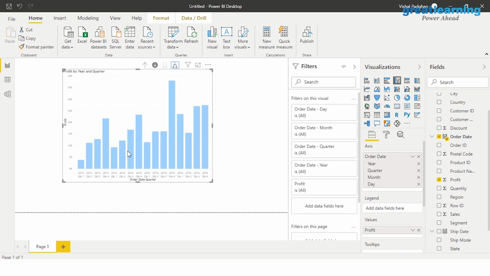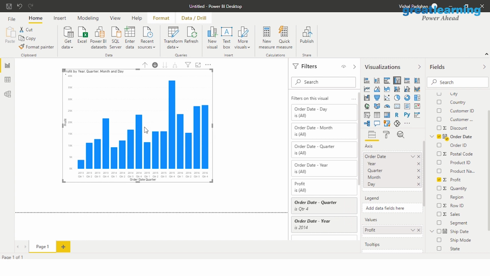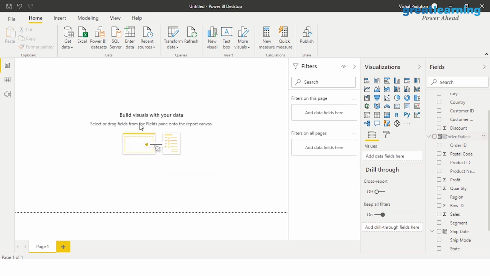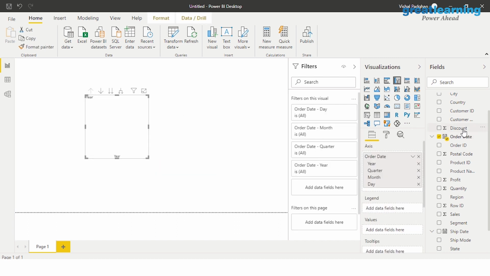In Power BI, you can actually have marked labels as well. If you want to take a look at values, you can just hover on it and you'll get the value. If you click on this particular thing, it will give you... okay, I actually accidentally clicked somewhere else. So it has just changed the axis for the data, something that I do not want. So I'm going to remove it from here for now. I'm going to just go back and put in the data again. So order date is what I have, and I have the profit here with me, isn't it?